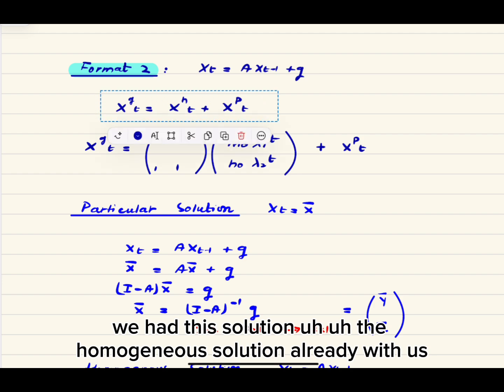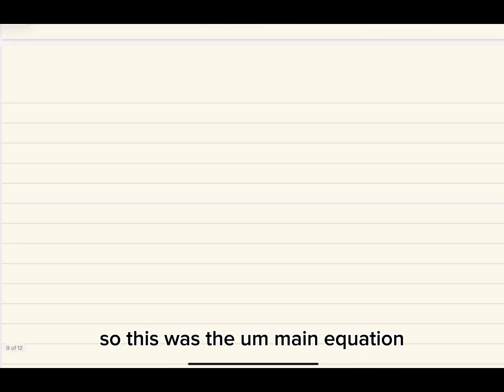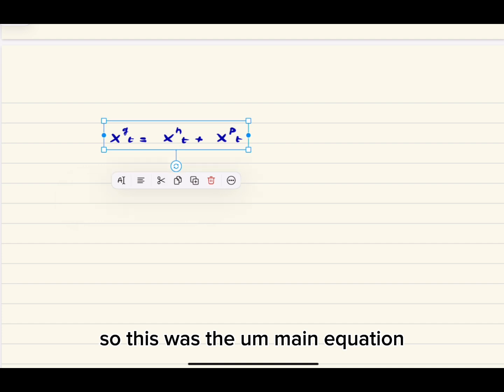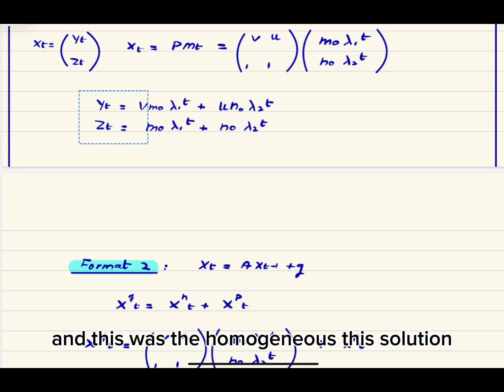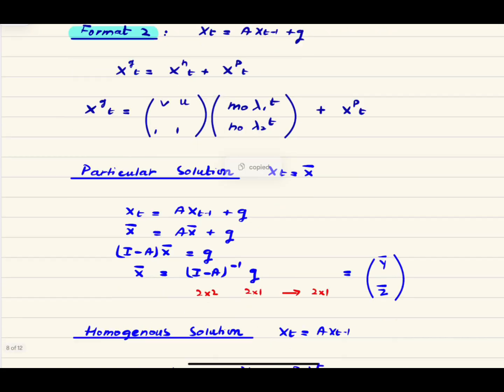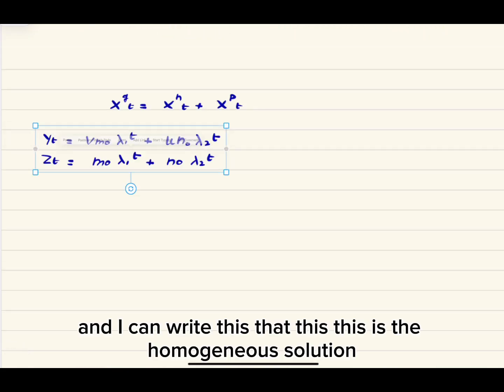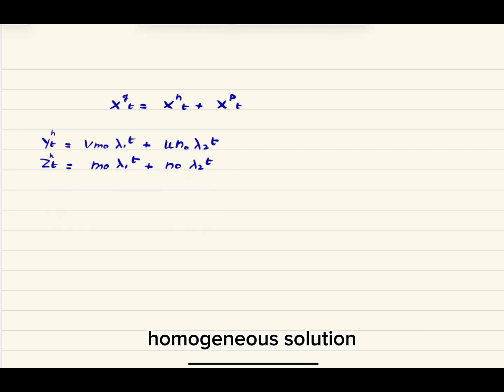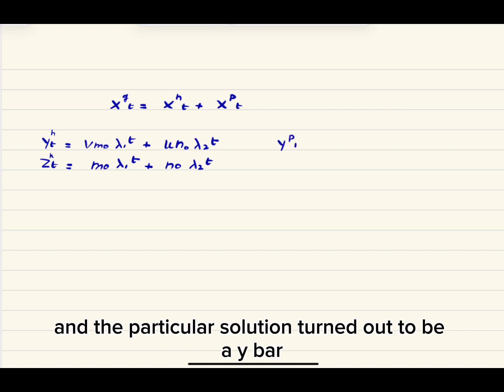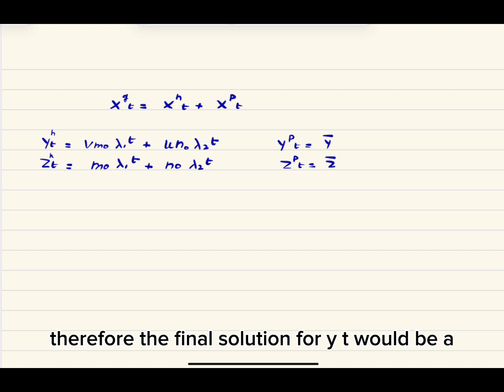Anyhow, going back to the way we have already solved it, we had the homogeneous solution already with us. So this was the main equation, and this was the homogeneous solution, and the particular solution turned out to be y bar, and the particular solution for z was z bar. Therefore the final solution for y_t would be